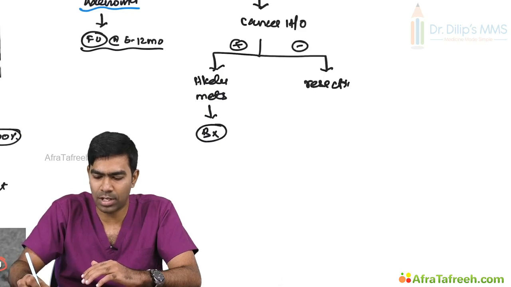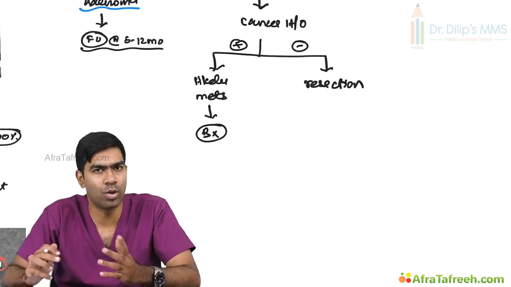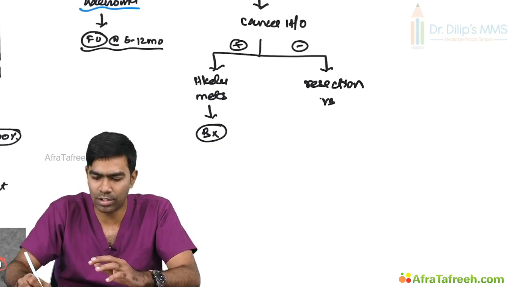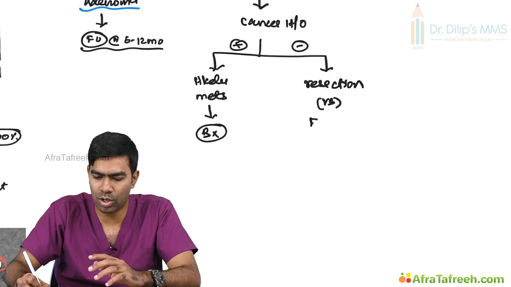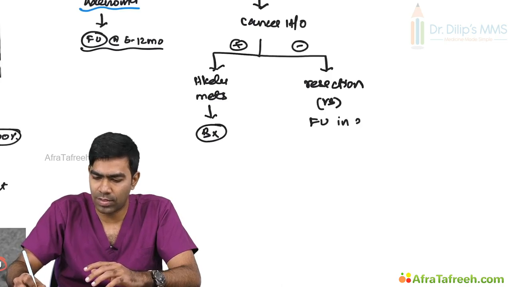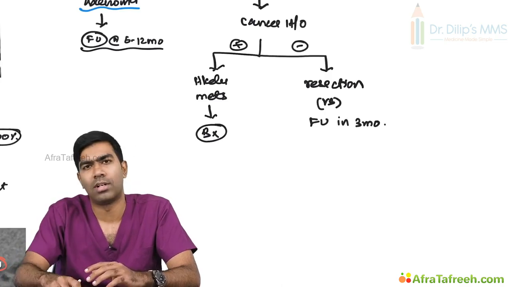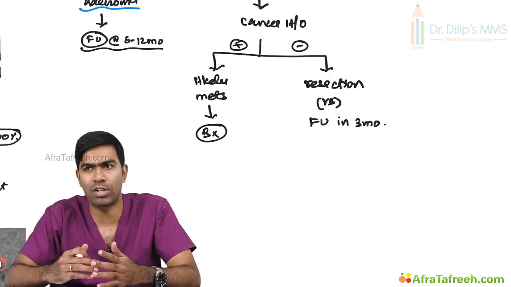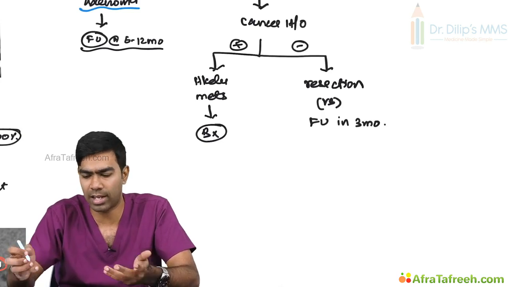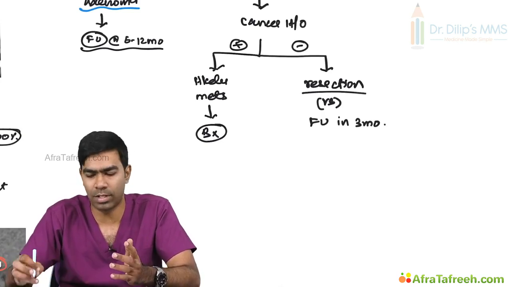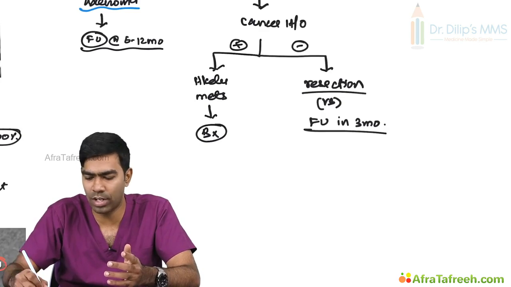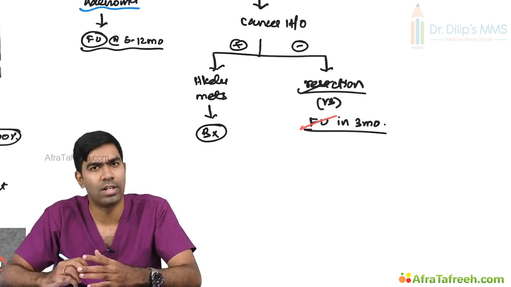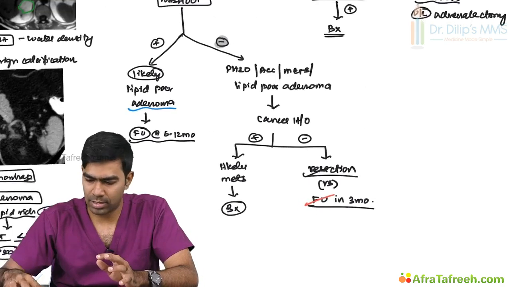So in this setting, it's better to do resection. There are multiple options. Again, guidelines break down here. There are no uniform guidelines. You can do a resection, or I can do a very short follow-up within 3 months. So based on the follow-up, whether the tumor is growing rapidly or the tumor is showing different characteristics, I can do resection again. So it depends. Either you can do a very short-term follow-up, or you can do a resection under this setting also. I'll just sign it off with